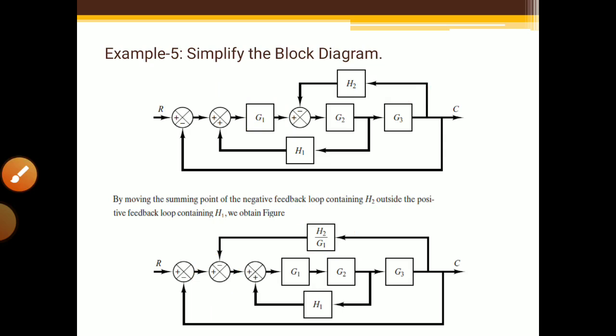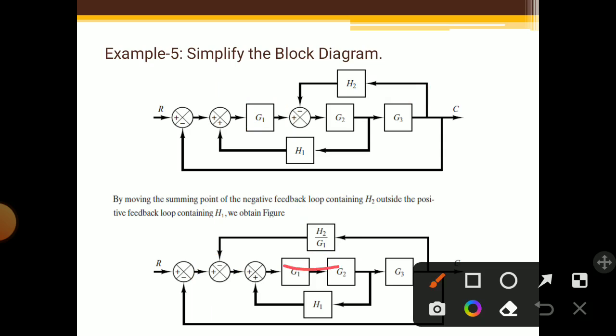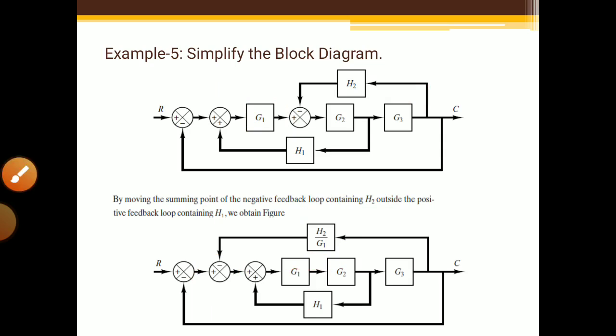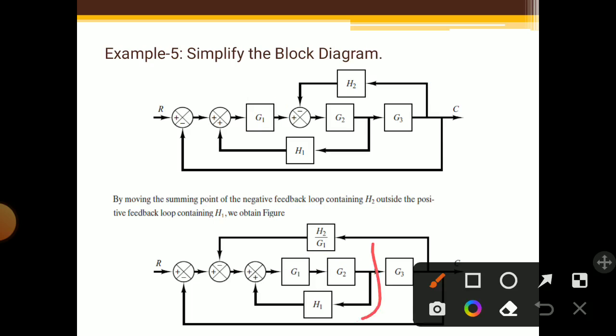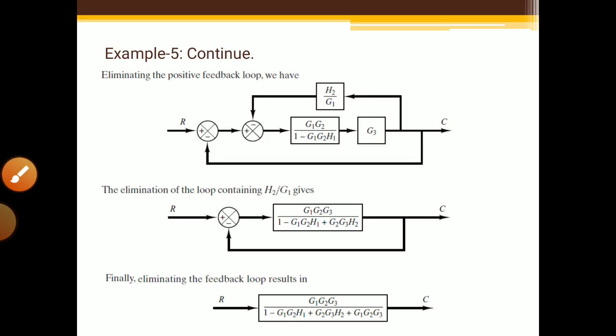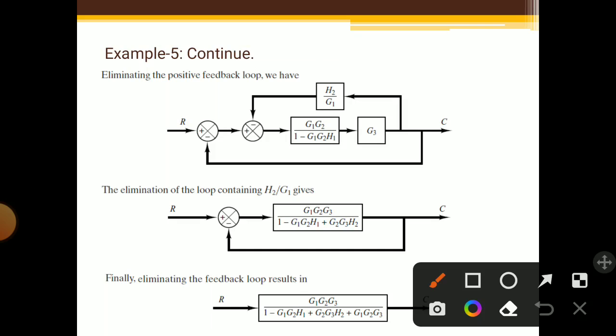So like this we have simplified the block diagram. Now it is very simple to simplify this to the answer. Now you can check these two blocks are in series and we can solve this feedback loop very easily. This is a very simple feedback loop. Okay. So now you check here. We have solved this feedback loop and we got the answer as G1 G2 divided by 1 minus G1 G2 H1. Okay. And this is our regular term and this is G3.